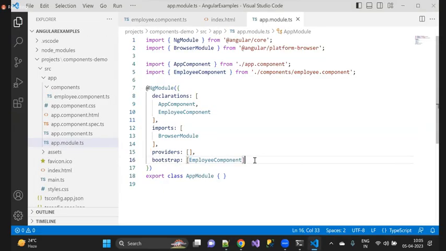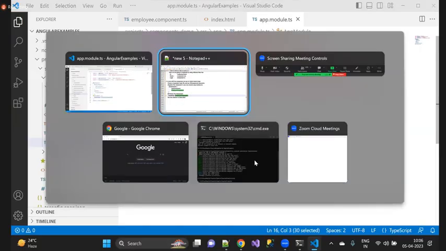That means I'm setting up this component as my startup component. Nothing apart from that. Clear now? Is this step, step number 3, clear? Tell me, is step number 3 clear or not? Everyone, I need a response from everyone. Very good, nice. And then the next step is going to be,